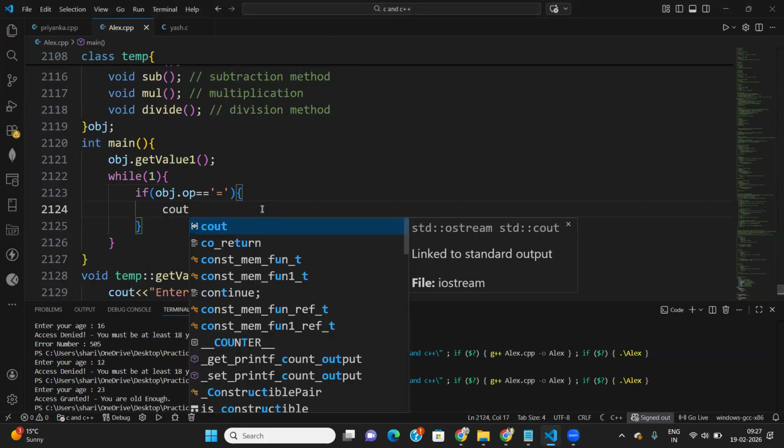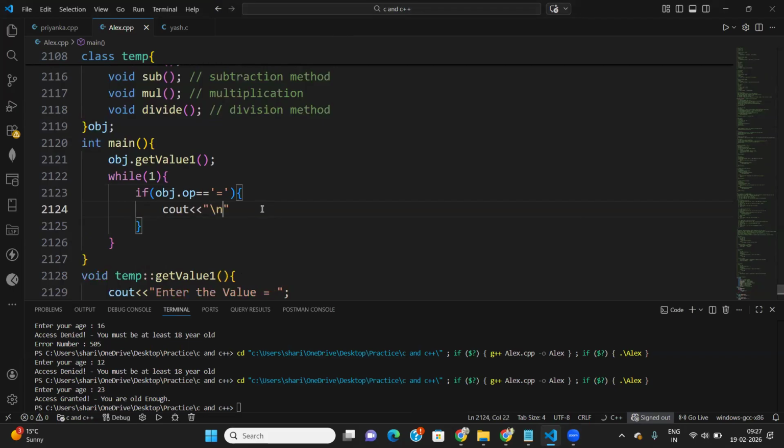Your final output will be shown. Use cout, backslash n for a new line, and then your final